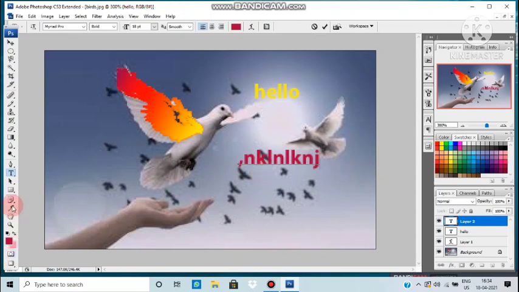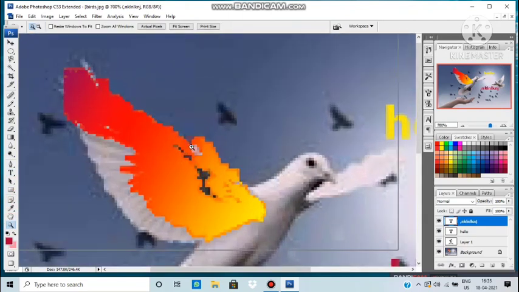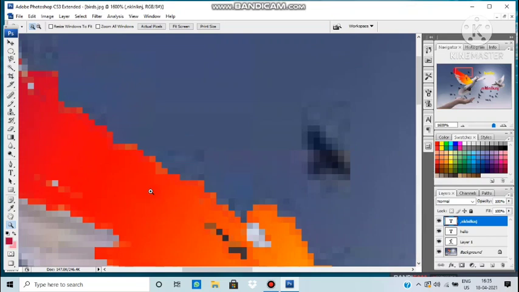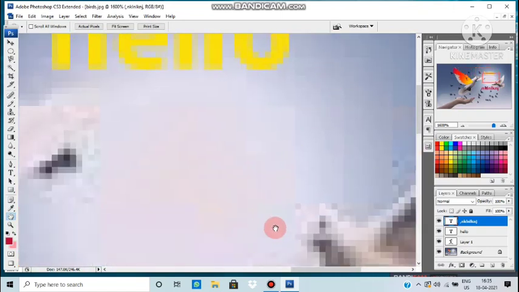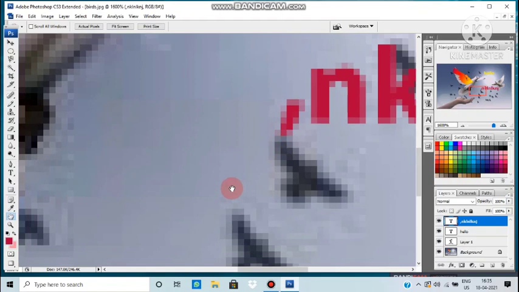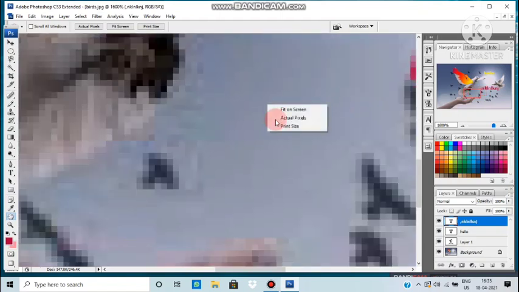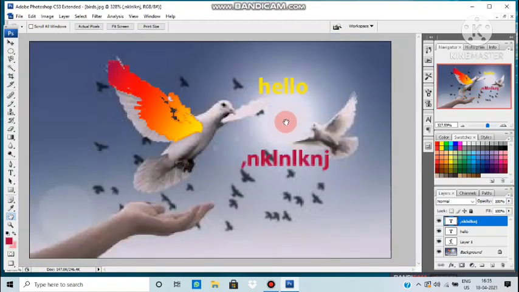Hand tool. Like if you have zoomed an image or the image is not getting adjusted on the whole screen, like I'm going to zoom and the image size is getting increased and some of the part is not visible on the screen. So you have to drag that. You can see in this navigator area, this is the image, but when I zoom the image, only this part is visible. So you can take help of the hand tool and then drag the part which you want, like this. So the hand tool is basically used for that. Now I want this on the screen, so I'll choose fit to screen.